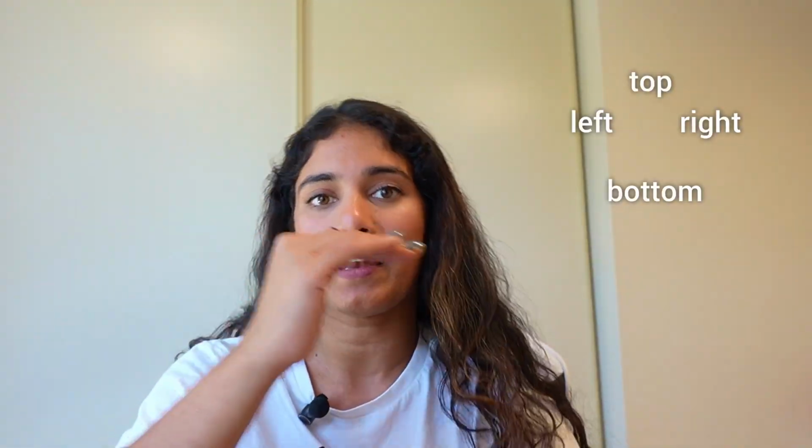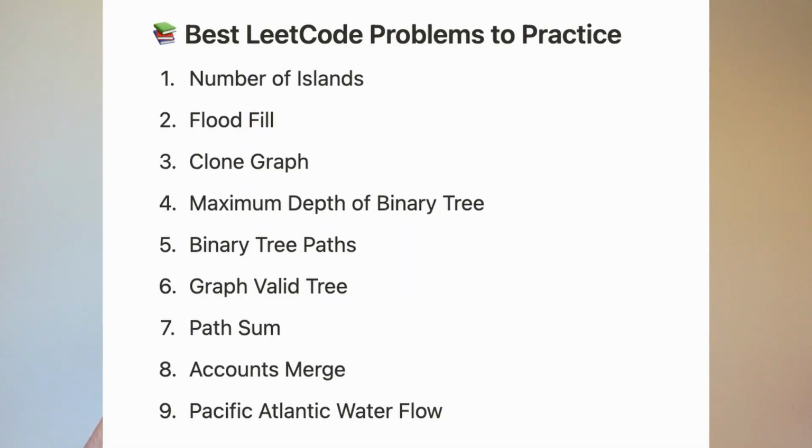When you're working with a matrix, you always move top, right, bottom, left. And every time you do this, you might count something, collect values in a list, update a global maximum or minimum, or even modify the input. These are the best LeetCode problems that you can solve to understand this pattern.